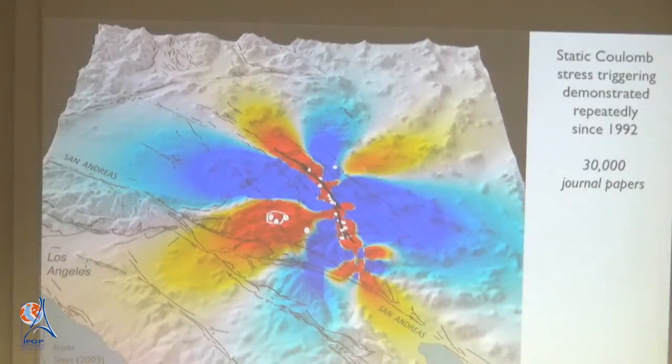Okay, so I mentioned this 1992 Landers earthquake, the magnitude 7.3, that it occurred on 3 faults that got together. And these are the aftershocks that were recorded within 3 hours of the main shock. And you can see that there's some aftershocks way over here at Big Bear, one up here, one here. Most of them are along the fault. Now, the calculation was made long after the earthquake. But here's what happened 3 hours and 8 minutes later. We had a magnitude 6.5 earthquake in that zone.